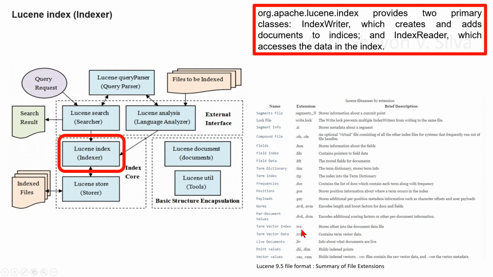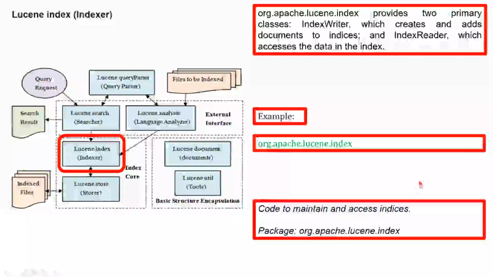Term vector index stores offsets into the document data file. Term vector data contains the term vector data. Live documents holds info about what documents are live. Point values hold indexed points. Vector values hold indexed vectors. .vec files contain the raw vector data and .vem the vector metadata. Example, we can consider